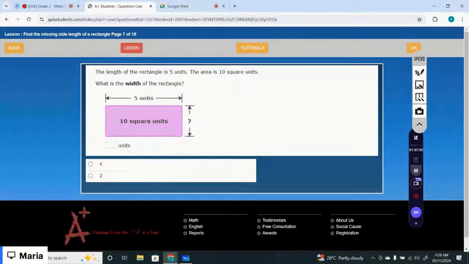Which is the correct option? That is 2 times 5 is 10. So the correct option is